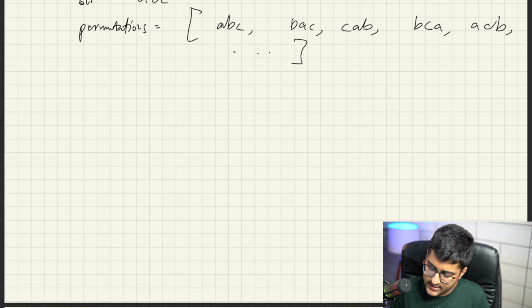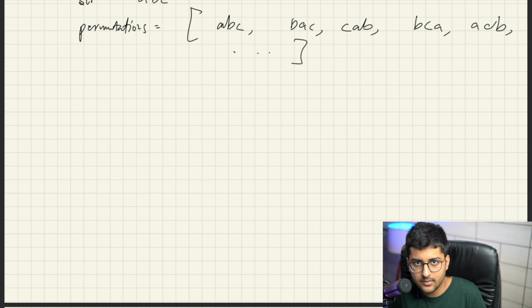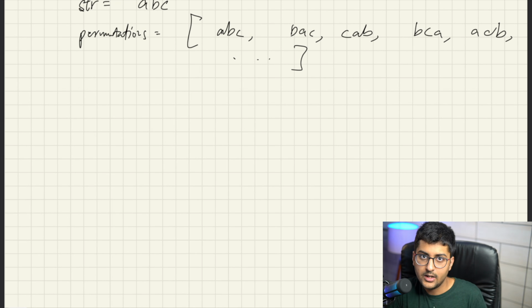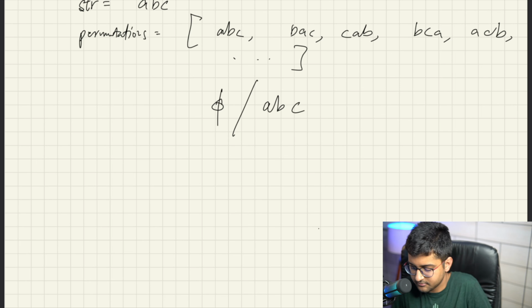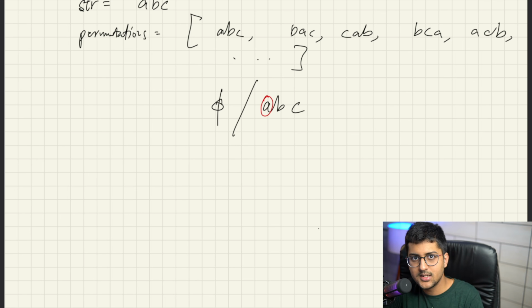That is the common sense, and I also know it's a permutation, so I know the subset method will be applied. Let's see how we can apply that. You all know how we apply the subset method. What is the first step? Processed and unprocessed. Initially processed is empty and unprocessed is ABC. This is the pattern we are following: processed, unprocessed, and at every recursion step, take the first character.